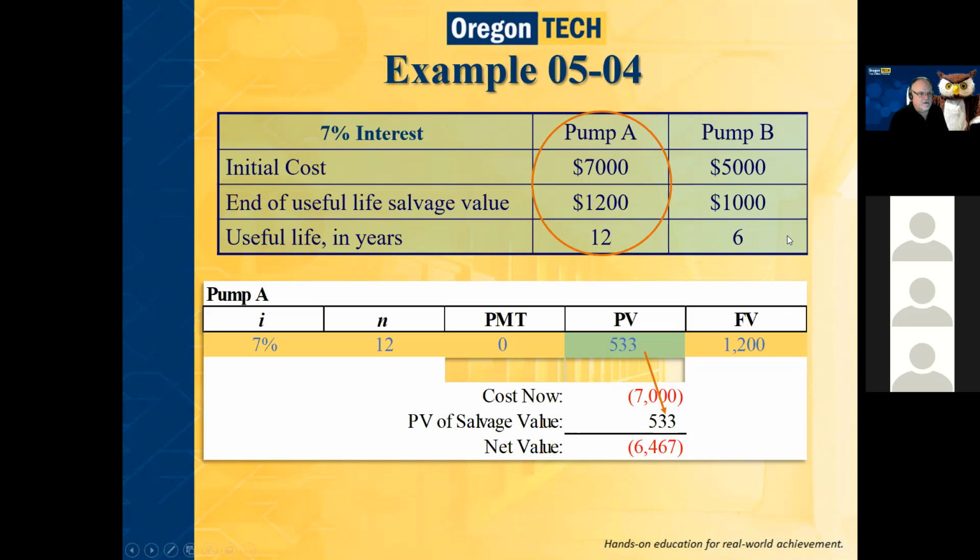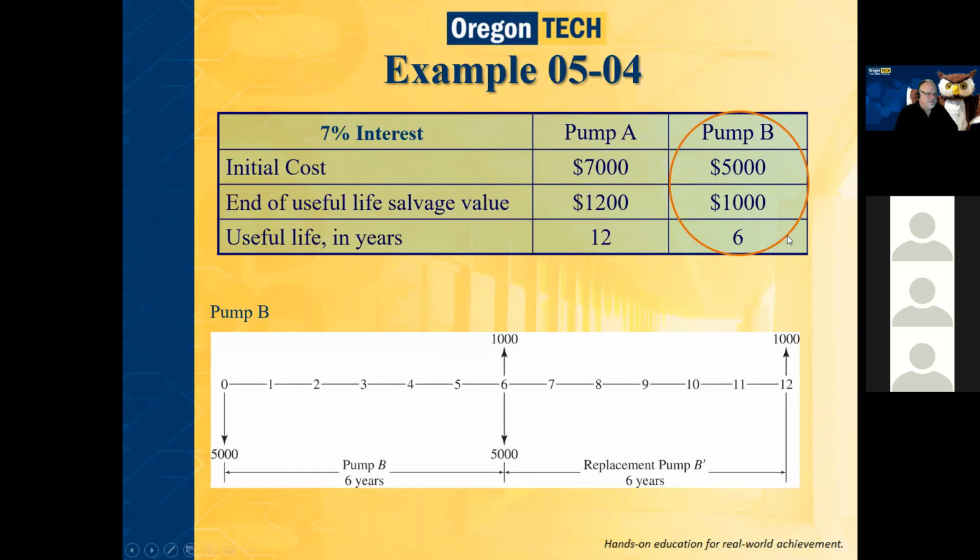Pump B, however, has a different situation. Pump B has half the life of pump A. So how do we say what's the equivalent? How do you make equivalence happen on these two things? Okay. Now then, at the end of year 6, they assume that you're going to be able to reinvest for